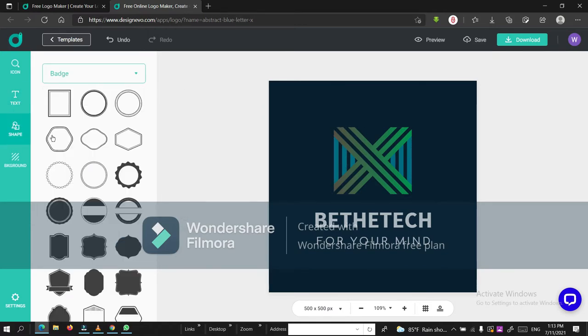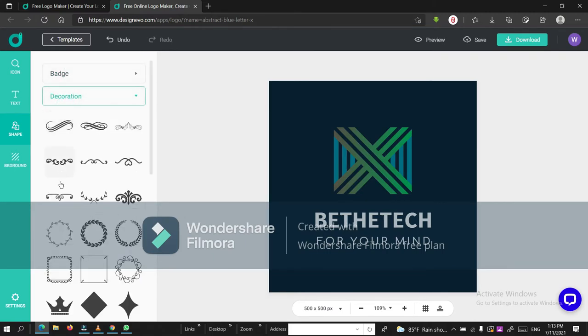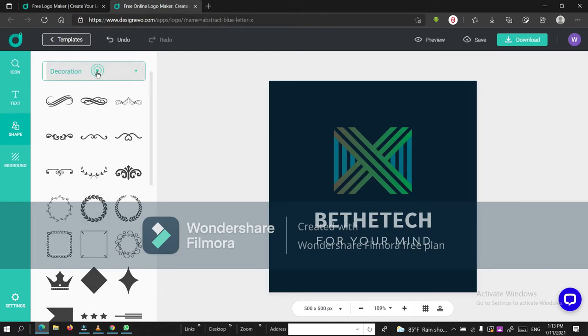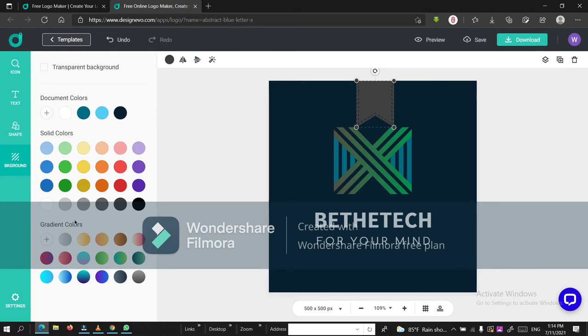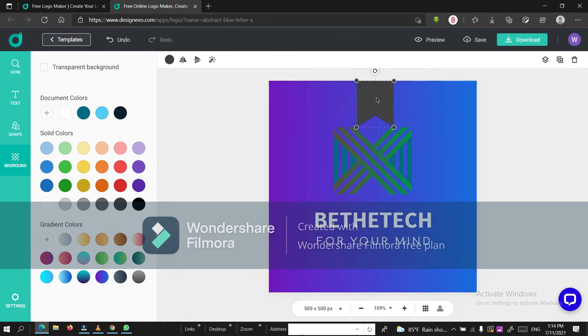And you want to go to shapes, and you could add anything. There are a lot of stuff that you could add, circles, anything you like, banners. You could add a lot of banners. Let me add one. Oh, that's big. I thought that was a small one. Okay, you could add effects to it. So yeah, you could change the color of the banner and your background,